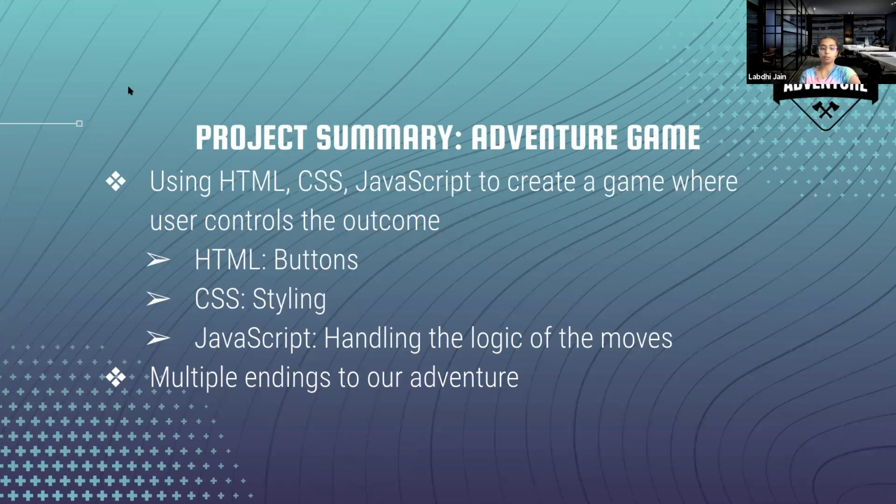So far, we have used HTML to create the buttons and the text, and mostly we have used JavaScript to code the logic. Now, another language, hint, hint, is CSS, which we use for styling. That's a language that we haven't used until now. Basically, our adventure game will have multiple endings. So for each